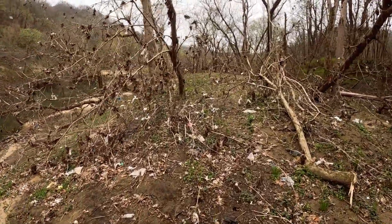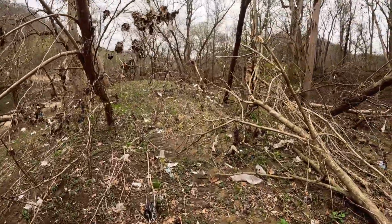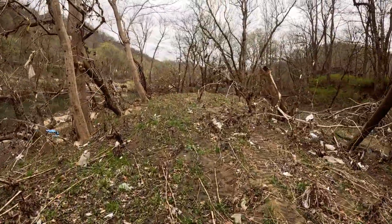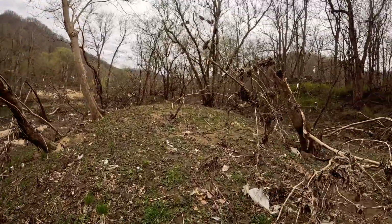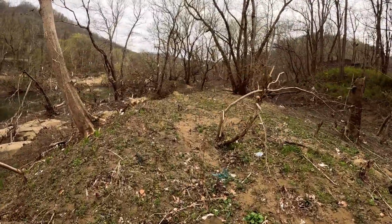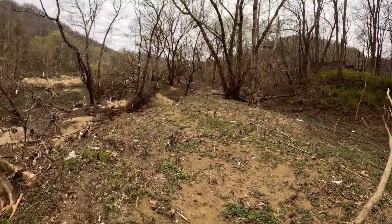But it will recover, it will look better. But like I said, this right here is a new path. This didn't exist before. The flood just literally ripped everything out of the way. So all I have to do is clean it up, and I'll have me a really cool